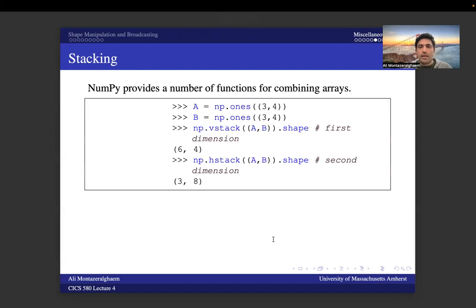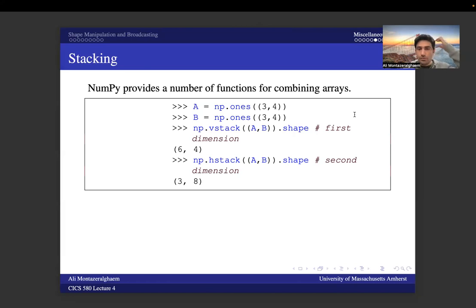For example, you have 2 arrays, and same thing for both of them. They are np.ones 3 by 4 and another 3 by 4 np.ones. And we want to stack them to combine them